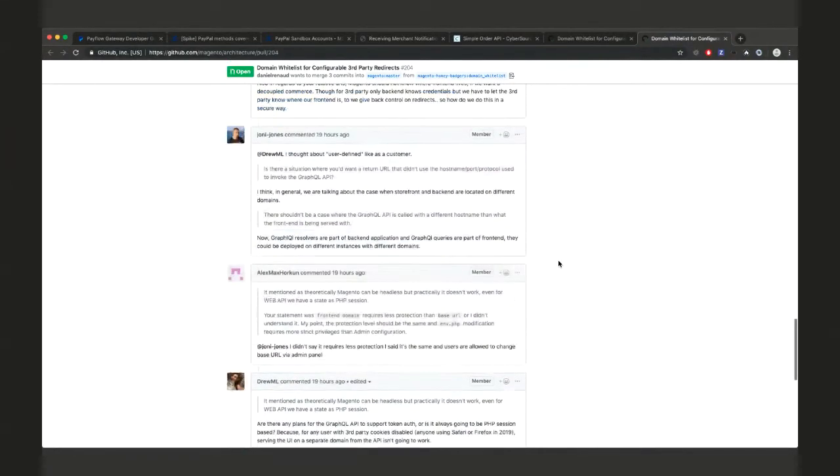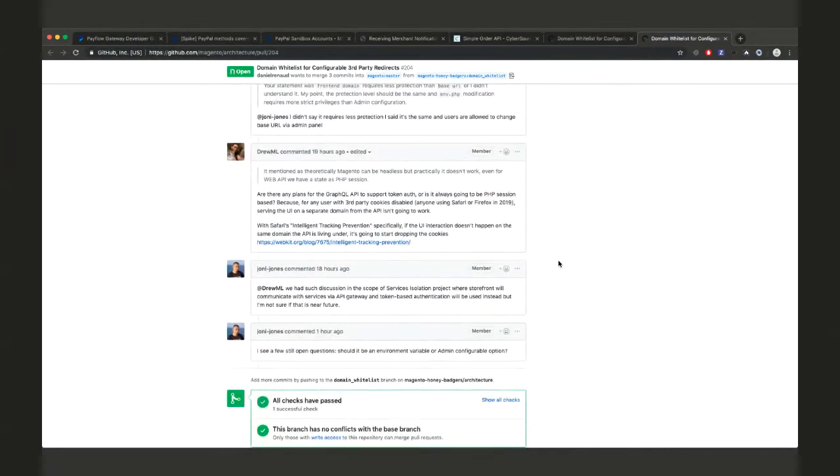My comment was just about the fact that it seems like we're doing this work now for the if or when that someone runs the GraphQL API on a separate host name, host port, protocol combo. The problem with that is with Magento today, in the state of web browsers in 2019, you can't do that. The only way you'd be able to run the GraphQL API on a separate host name would be switching to token based auth instead of cookie based auth. And it sounds from talking with Yevon that that might be a far future type thing.